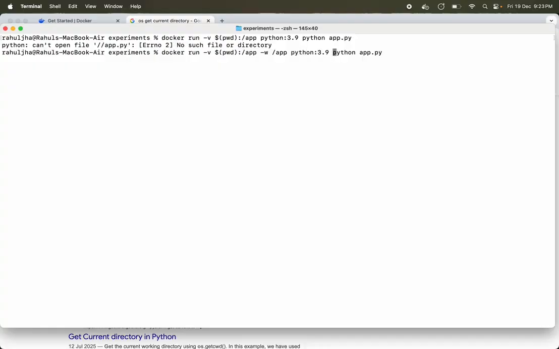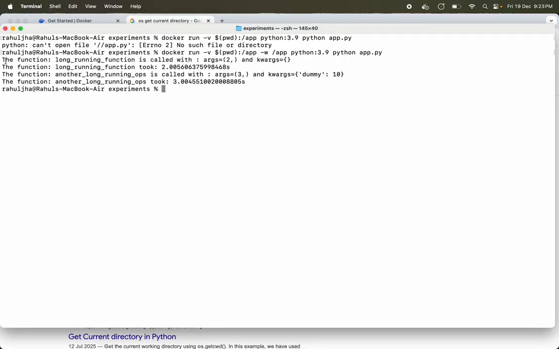And now if I run app.py, it ran, right? So this was the code that I basically prepared for this demo. There is a bunch of information that I just described. First is this volume key, and then there is this working directory key.